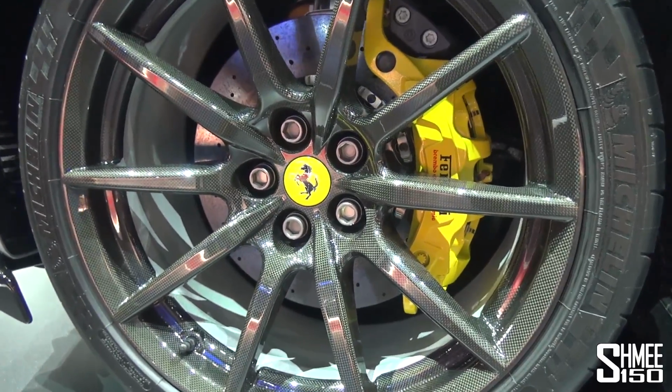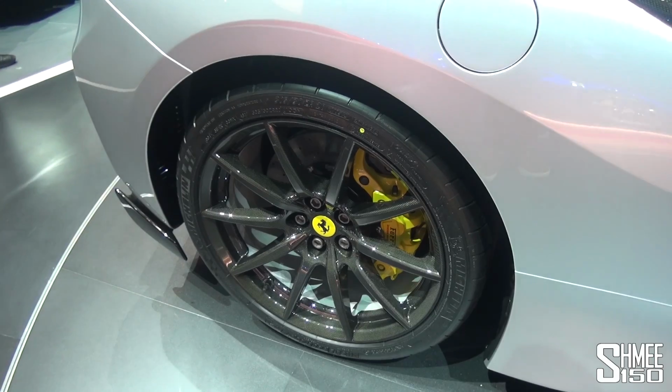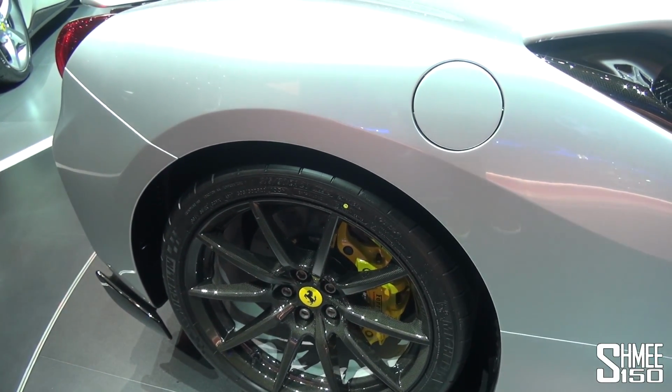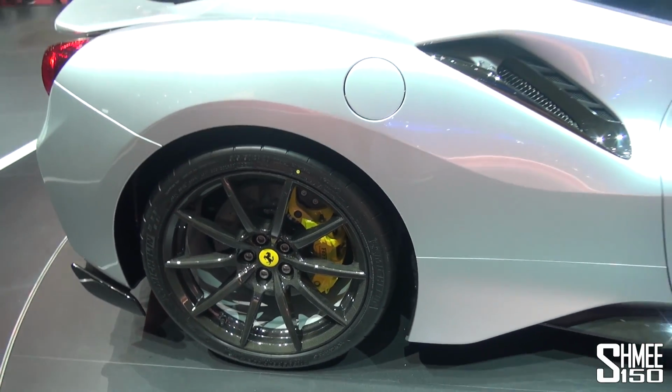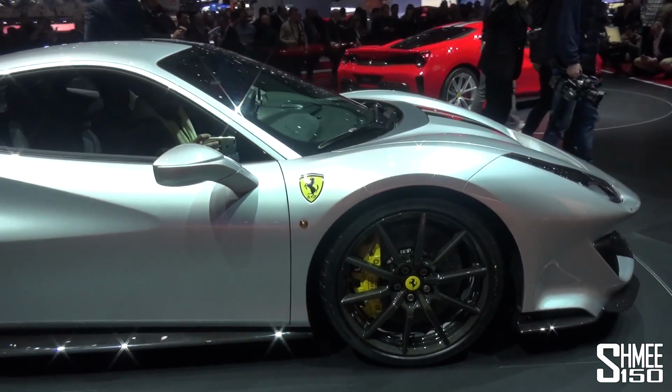They do look very, very nice. Just I'm not entirely sure about the cost. Obviously the unsprung mass element is very significant. Being able to reduce that makes the driving experience significantly benefited as a result. But just to see around the front of this car as it spins around in front of us, it is